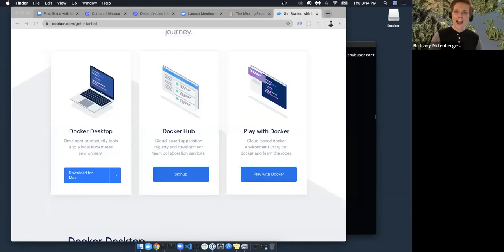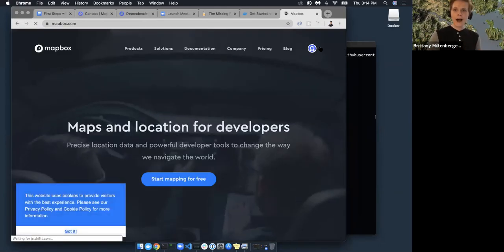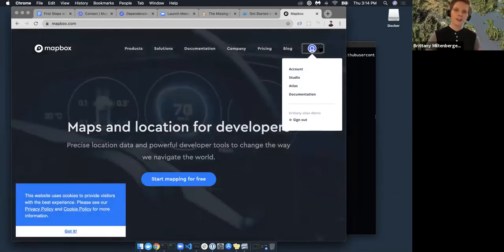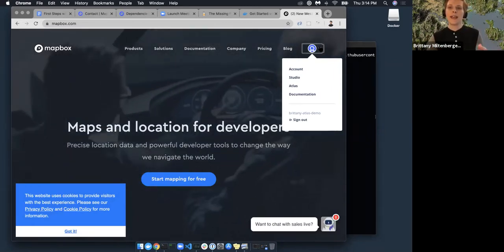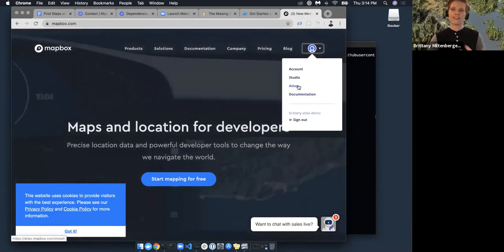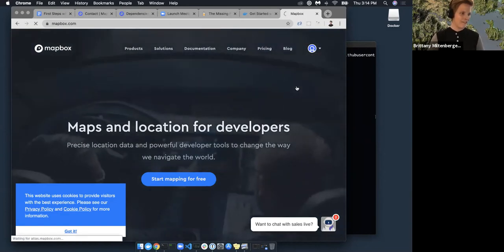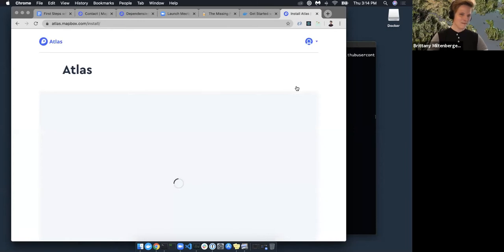All right, so for now, I'm going to quit Docker Desktop to keep things going speedy live on webcam. But we're super close to getting to the Atlas installer. The next step we want to do is via mapbox.com. So if you log into your mapbox.com account, as we mentioned earlier, to follow along, you will need an Atlas license. So if you do not have an Atlas license, you won't see this Atlas link right here, but we'll go to the Atlas page, and if anyone wants to pause for questions,